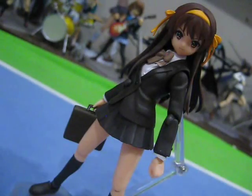So in conclusion, I think that this Figma figure is really a must-get for any Haruhi fan, even more so than any of the previous Haruhi Figmas. Now, why is that? Well, with this one package, you are potentially able to get 4 figures out of it. Disappearance Haruhi, Haruhi in her sleeping bag, Disappearance Yuki, and beginning of the series Haruhi with long hair. Not only that, the sleeping bag can also be used with other Figma figures. So, if you're a fan of the movie The Disappearance of Suzumiya Haruhi, and seriously speaking, who isn't? Get this Figma figure as it comes packaged with just about everything you need to satisfy your